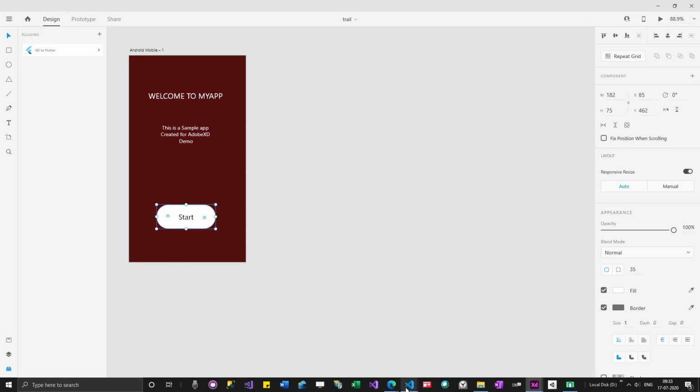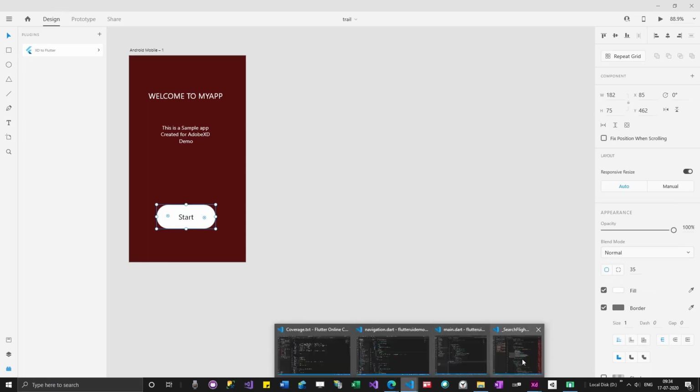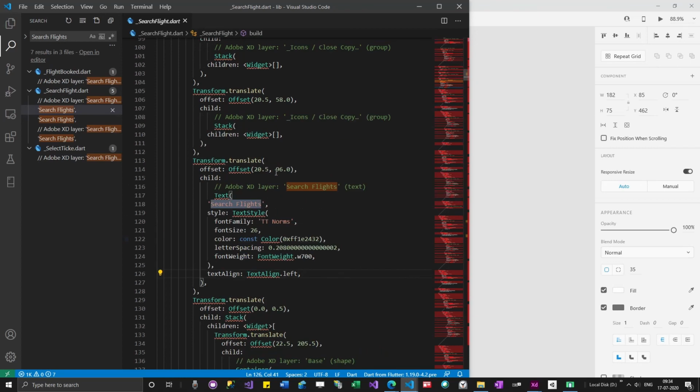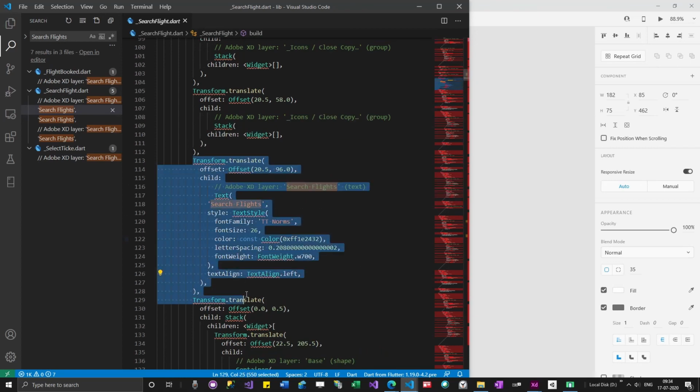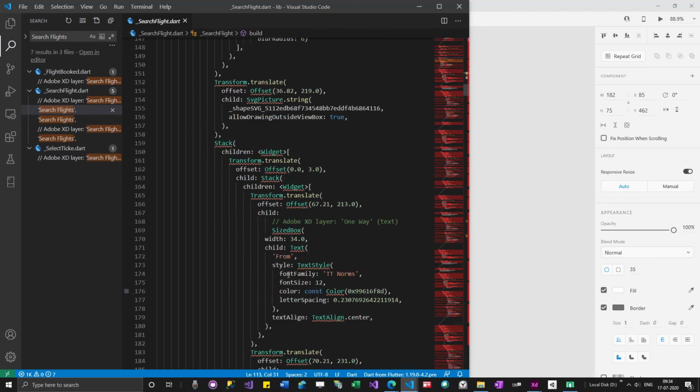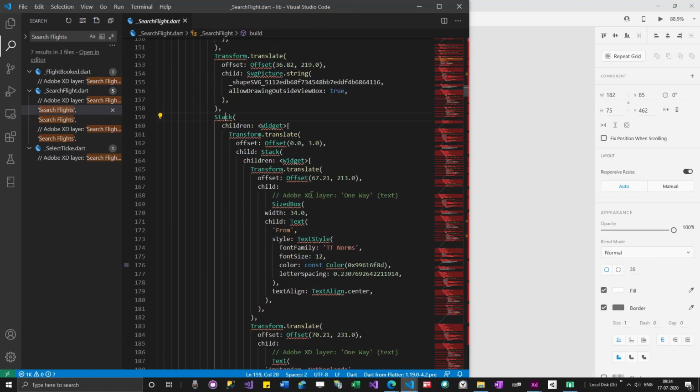This is actually something you should do. But again, you must be clever enough to see whether this is the actual way you should do it or not. For example, you can see that they have used transform.translate. This might not give the exact output you want. Stack is good to use.